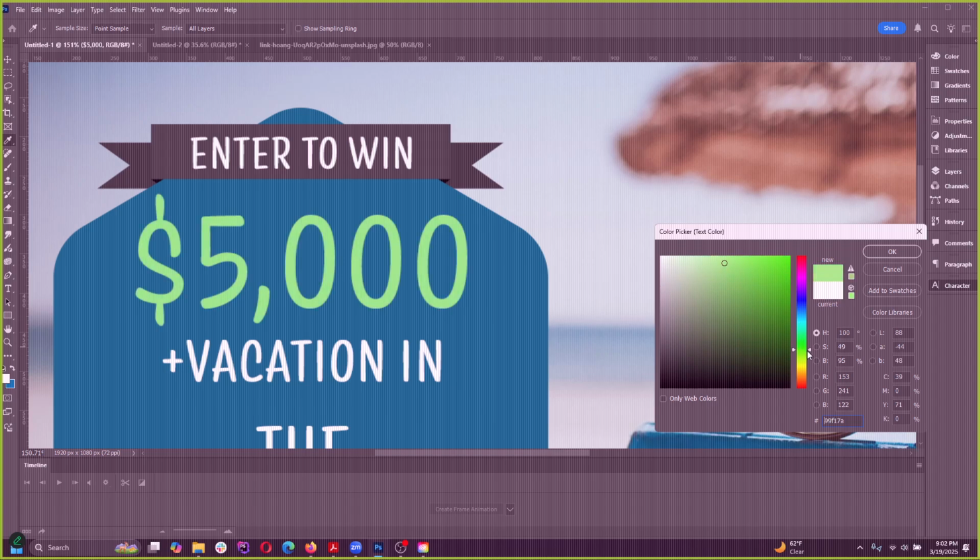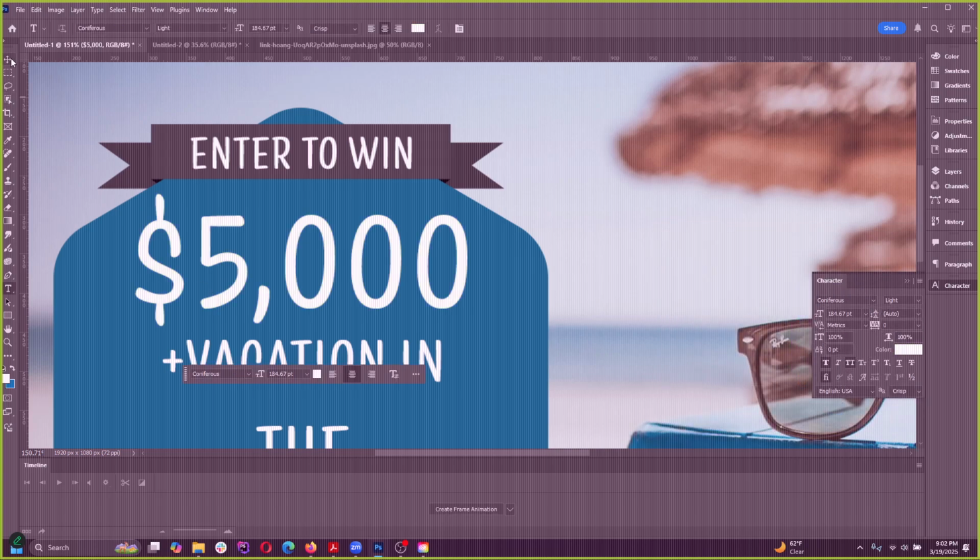What shade of green? Maybe more yellow. It's gotta be bright though, because it's on a dark background. Or we could leave it white